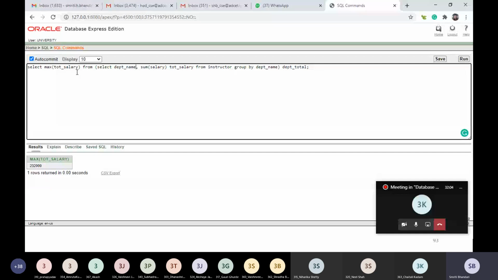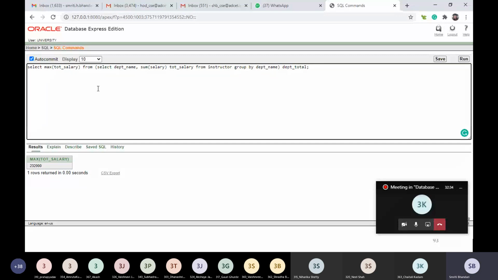Now, what I want is to find out the name of the department having the maximum salary. Name of the department having the maximum total salary. What should I do?